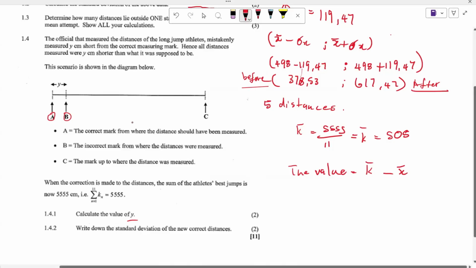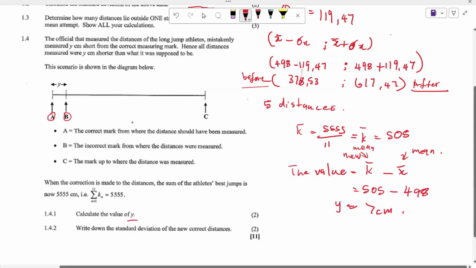Remember this is the new mean, and this is the old mean altogether. So this is going to be the same as 505 subtract 4. I think the previous mean was 498 altogether. And now to find out the value of your Y, which means they have,